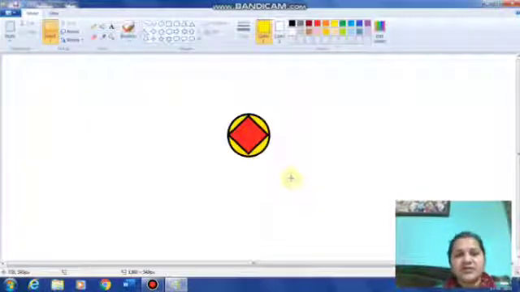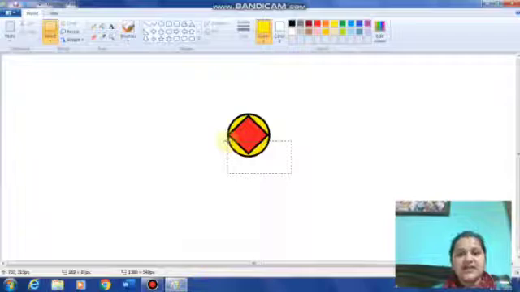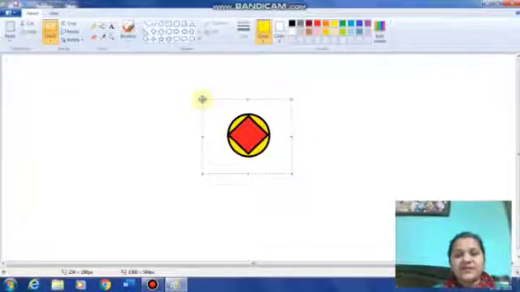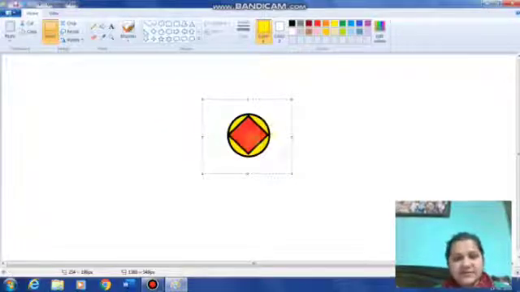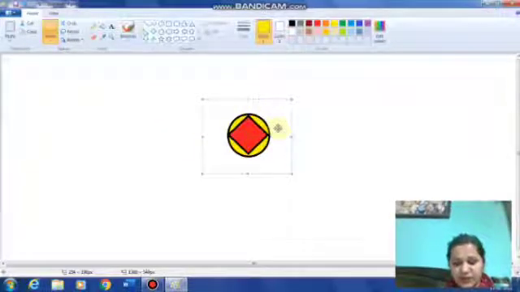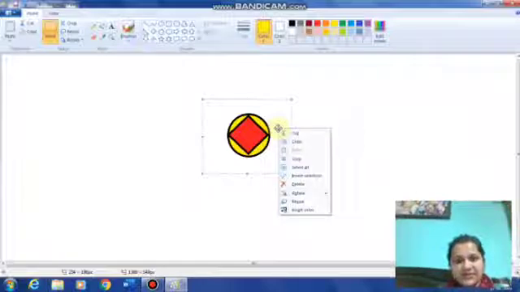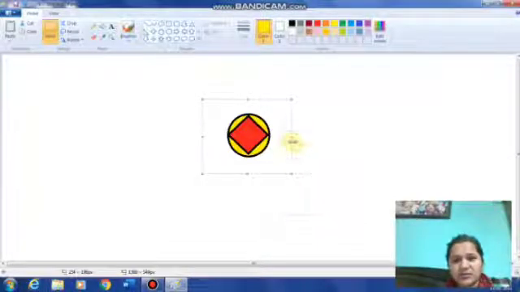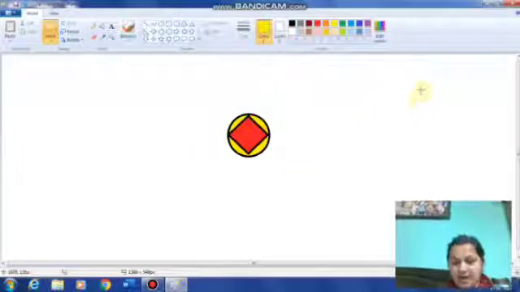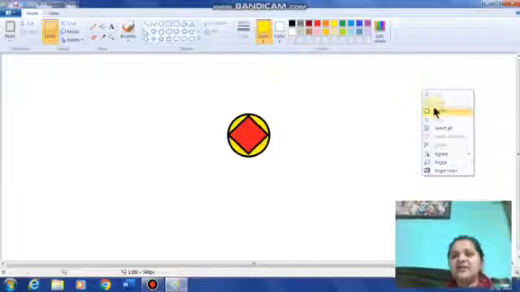This I have selected. Now with the help of this tool you can select the picture. See, the selected part is shown with the help of these dotted lines. Now step 4 is select copy. Suppose this much part I have selected. Now what you have to do, you have to right click on the selected portion, keep your mouse pointer over there, and here is the copy option. Copy it. Now bring the pointer anywhere on the drawing area and again right click and then choose the paste option.